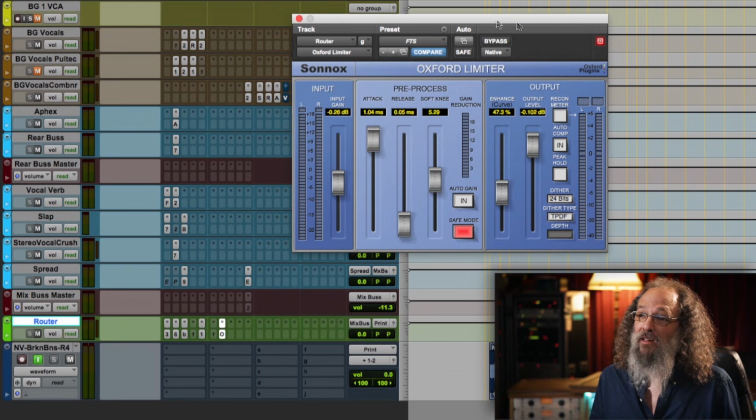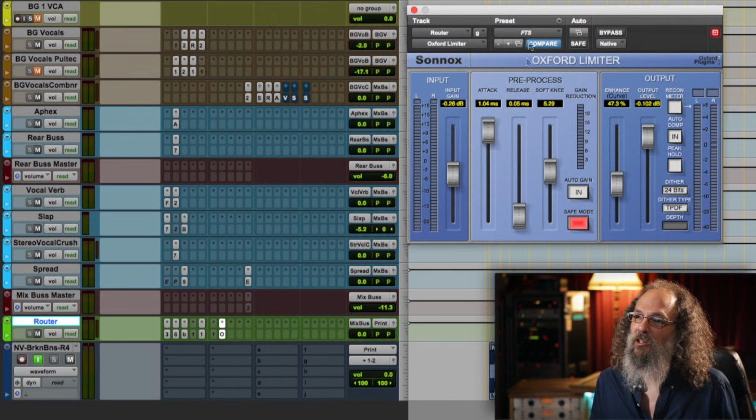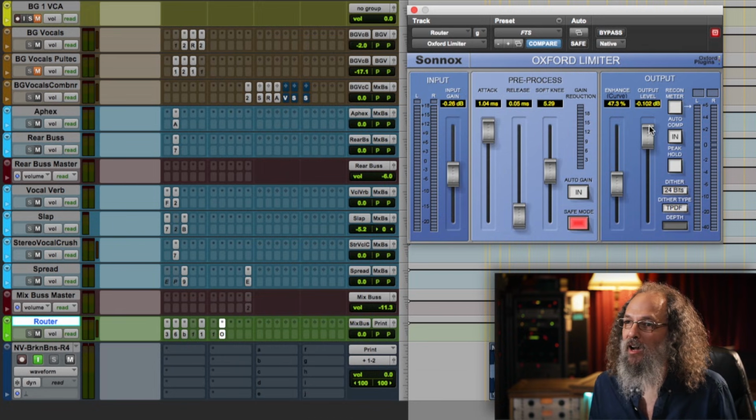And then last but not least, on the end is Oxford Limiter. It's set as though it's doing very, very little. I'm actually bringing down the input 1/4 dB, like that's going to help. The output ceiling is set to 0.1 dB. It's just to keep the red lights off, basically. If you're anything within 0.1 dB of digital zero, the red lights come on, and that makes me look like I don't know what I'm doing. So how clever am I to never have the red lights come on?